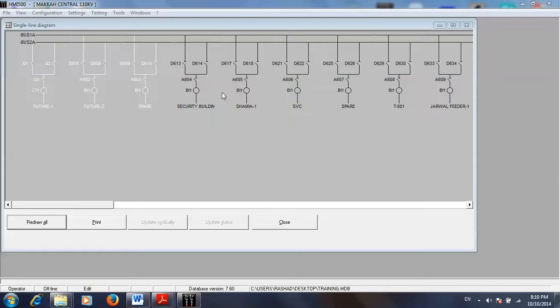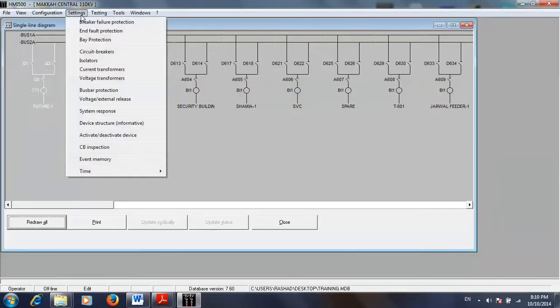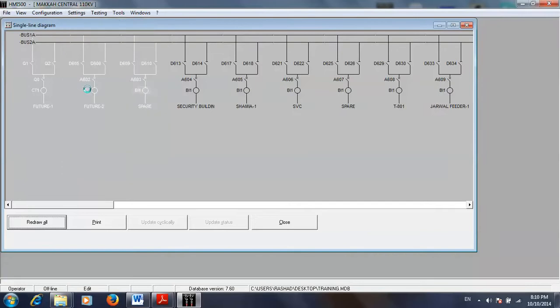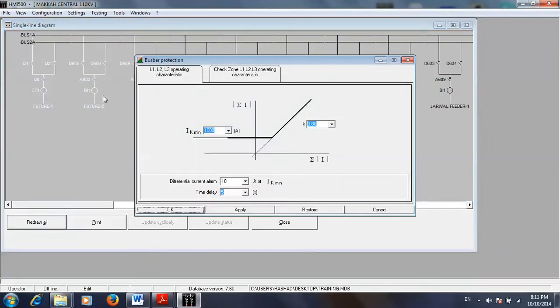Now let us put the setting for the busbar protection. So we will open here setting, busbar protection. We will find here two characteristics. One is called L1, L2, L3 operating characteristics, which you can say is the bus zone characteristic, and one for the